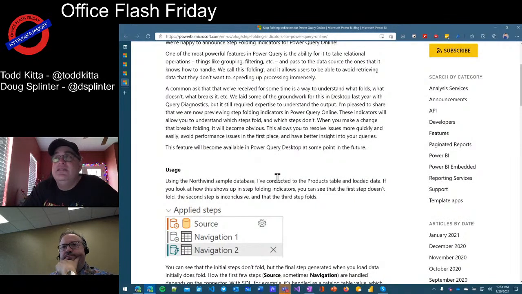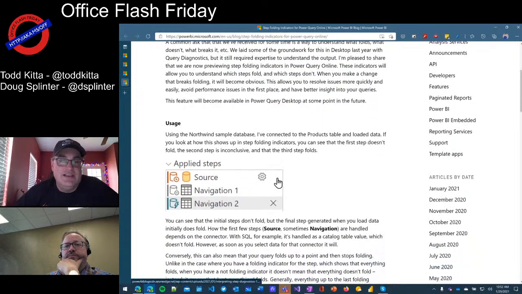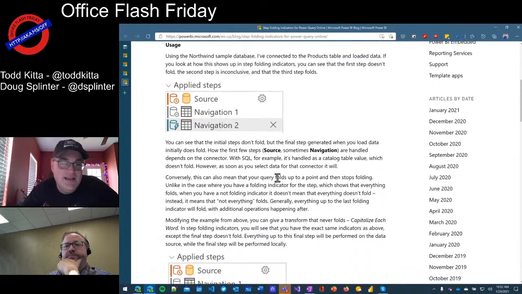To date, there are ways to tell what was folding and what wasn't, because if you do some optimization to get your query to fold, you may see like 100x performance, or something along those lines. It could mean a huge deal for efficiency and refresh time on your Power BI queries. But this is actually a really nice, frankly, it's one of those things where I see it and I'm like, oh, where was this? Showing you each step and whether or not it's folding. And this can really help you in debugging to determine how efficient your query is. Can you do something different?